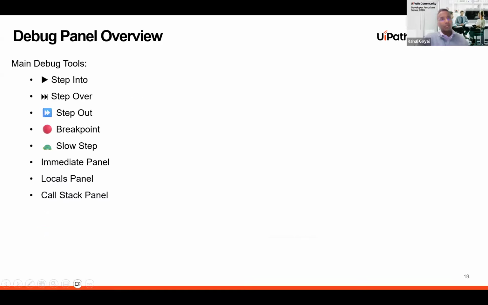Like that in the debugging panel. I'm sure we'll cover that there are multiple ways of doing it. You can step into, one step at a time. You can say, I want to stop at every step in my automation and see the behavior. I want to step over. If you're calling a nested API call, you don't want to get into the details inside of that. You know that function, the sub function, is working fine. I don't need to get into the details of my sub API call. I can step over that so that I can keep going to the next step,